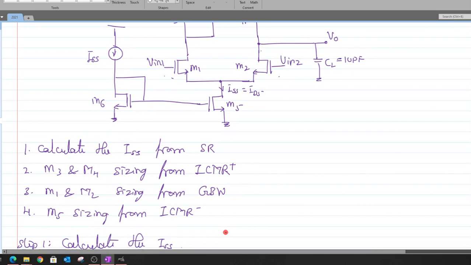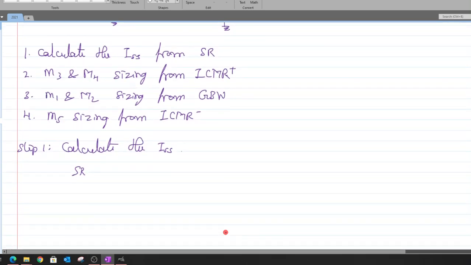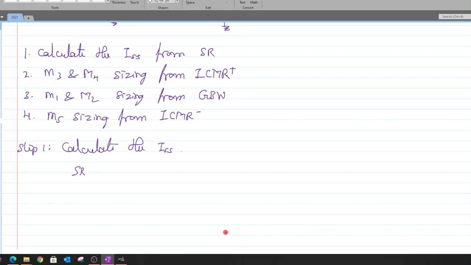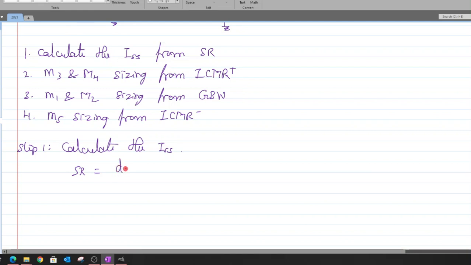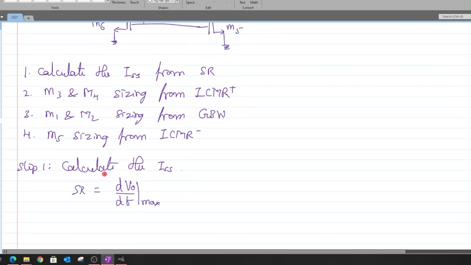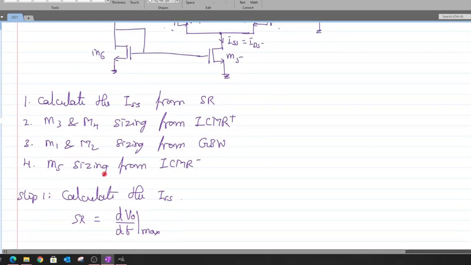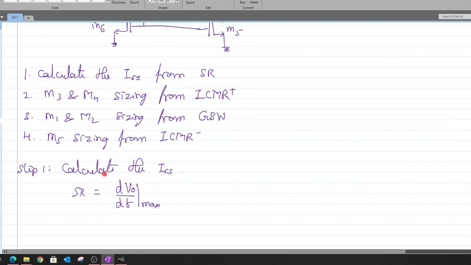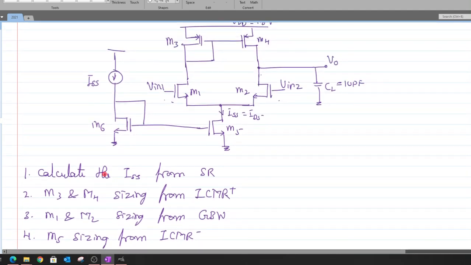But what I'll do is use the knowledge that we have already studied in basic electronics to derive this. We know that the slew rate can be defined as dVout with respect to dt. The maximum rate of change of your output voltage with respect to time is what is defined as the slew rate, right? Now in this case our Vout is attached to a capacitive load, which is CL.